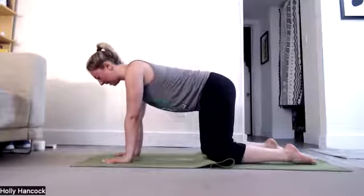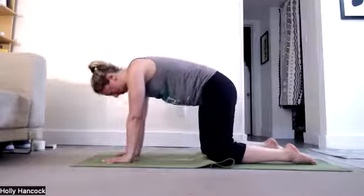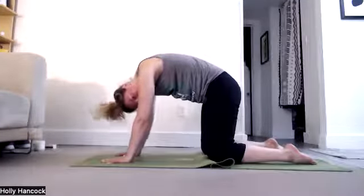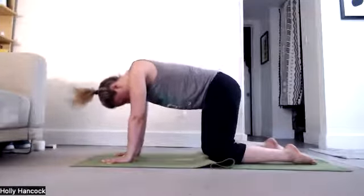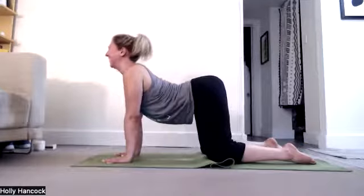We'll cat-cow here. Take an inhale, lengthen your spine. Exhale through your nose, pull your abdomen in, drop your head down, round your spine like a cat, meow. So push the floor away from you, draw your navel in towards your middle spine and your middle spine up towards the ceiling. On your next inhale, cow pose, inhale, moo, you're going to drop your